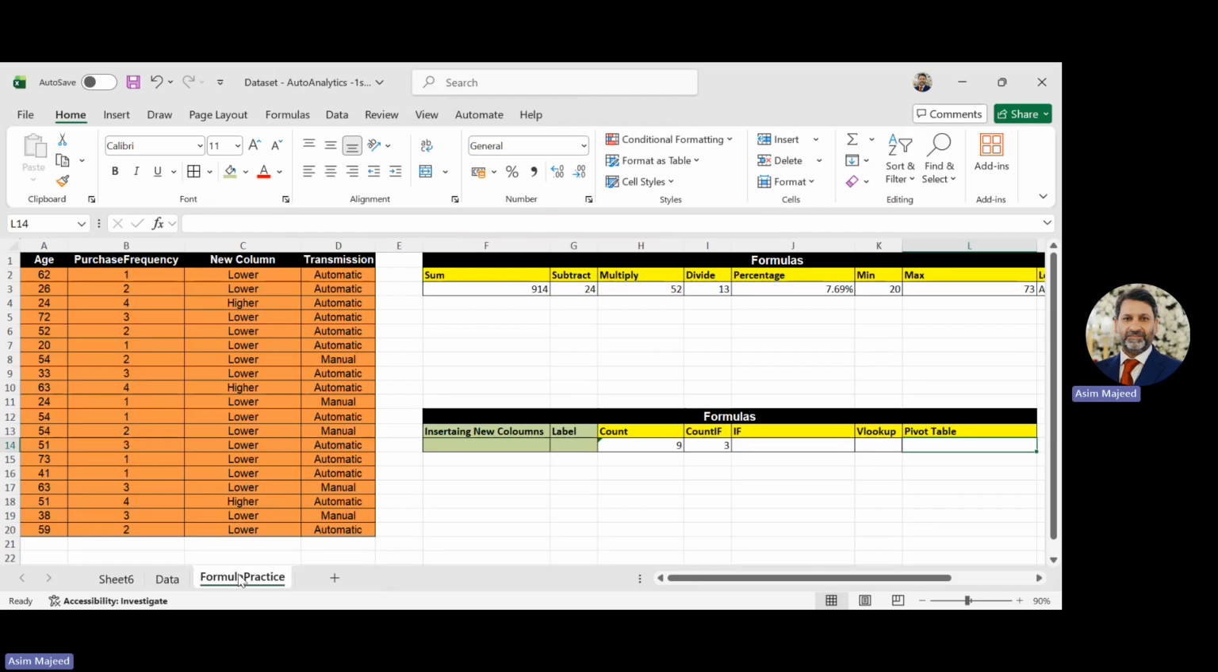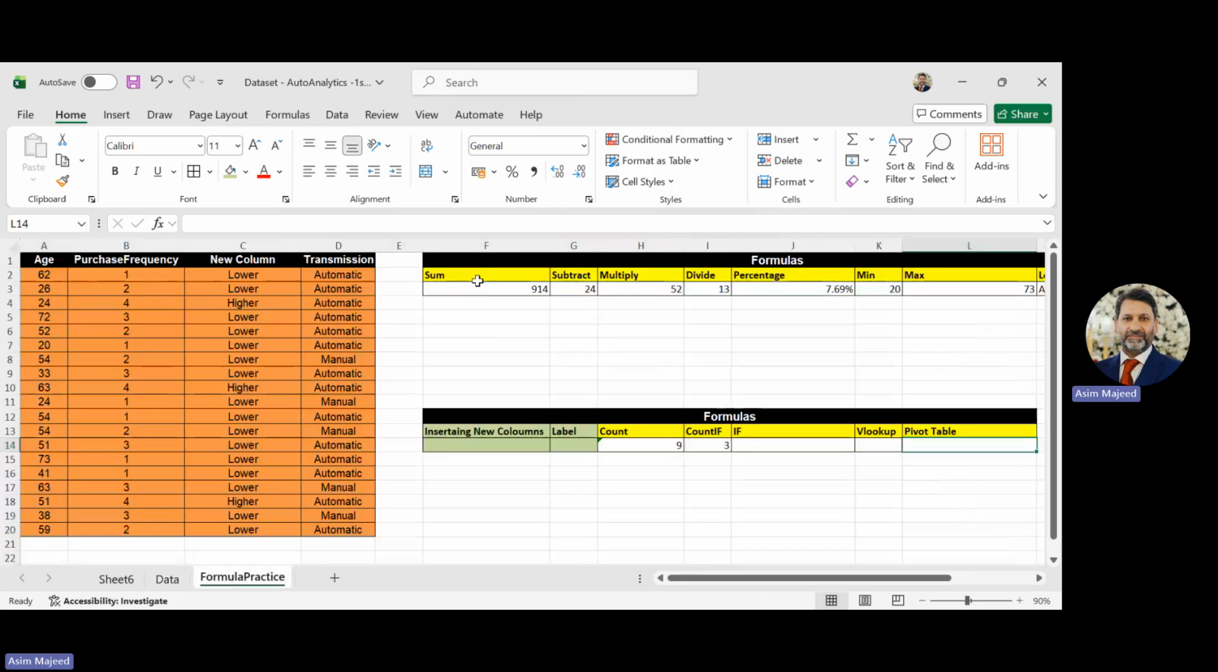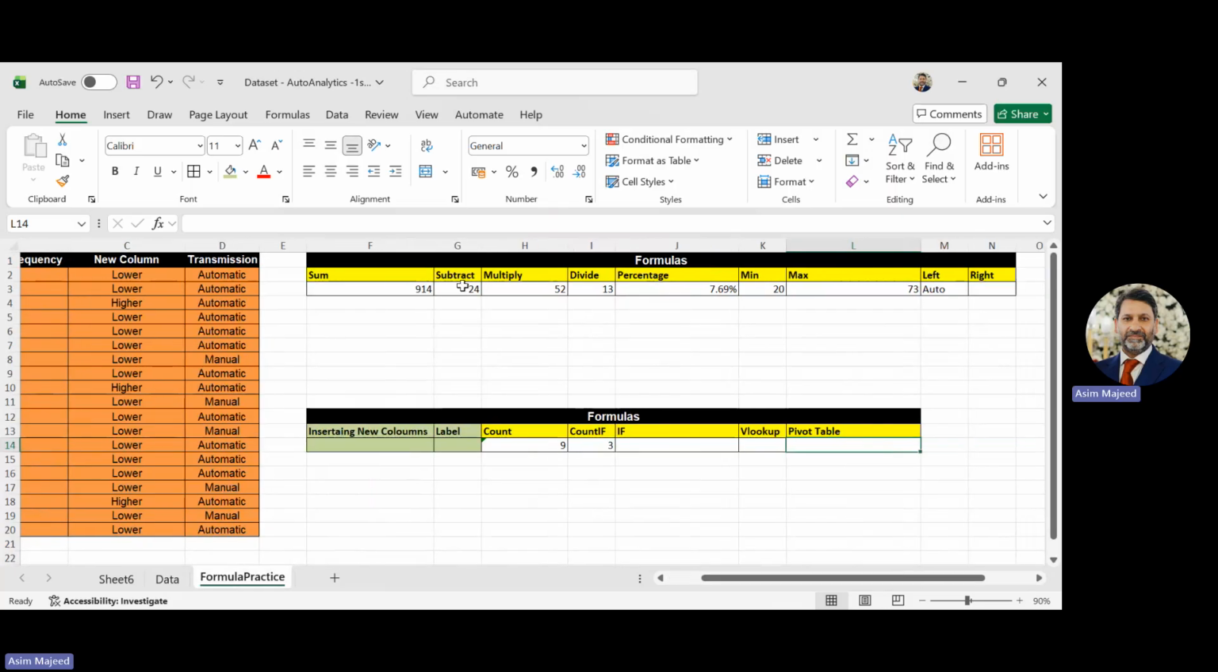And in terms of the VLOOKUP, we will do that during the seminar. I just wanted to make sure that you have refresher knowledge about this pivot table and all that. But before I switch this off, I just wanted to let you know what we have covered during this video: sum, subtract, multiply, divide, percentage, minimum, maximum, left, right, and then inserting new columns, label, count, countif, and pivot table. The only thing left is the VLOOKUP, which we will be covering during the seminar